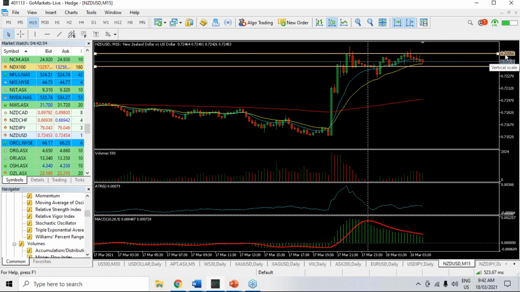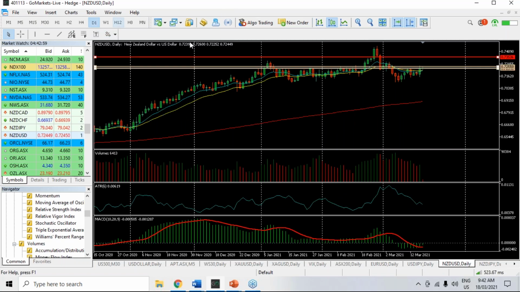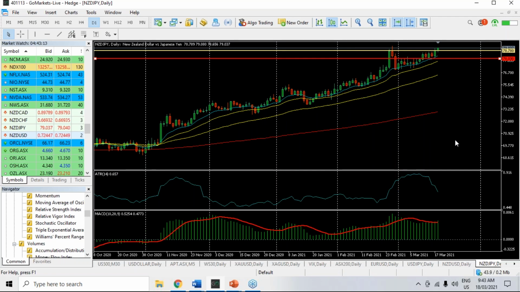72.55 to the upside, 72.39 to the downside. And if we put that on a daily chart, you can see why this level is important here. Again, we've got a double bottom type of formation on this. So we noticed that the yen was weak, so let's have a look at that. Let's have a look at the New Zealand yen. There we go. There's that breakthrough at